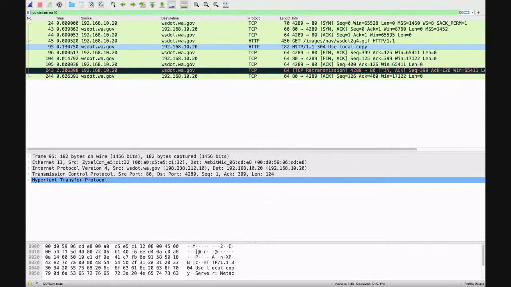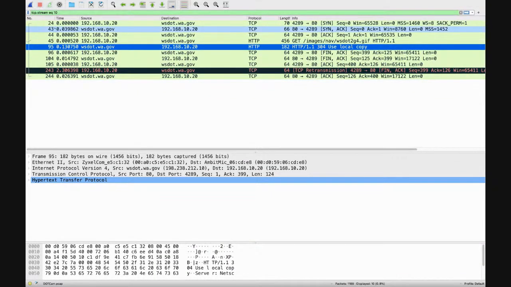Okay. Now, in this case, it said use local copy. So it told me, you have that cached on your machine. You don't need anything from me. So now we close up our connection and we're done. So that is what we see with a pretty typical connection.